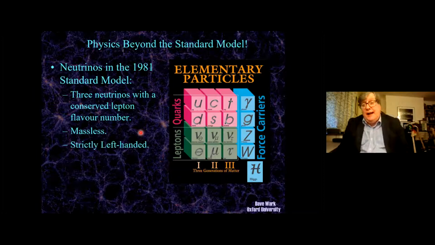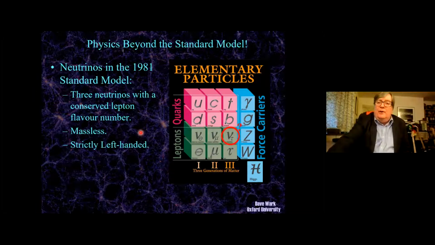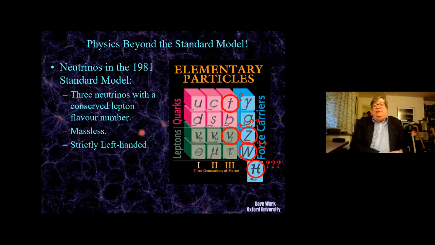Now, in 1981, when this was written down and when I was taking this class, it required a certain eye of faith to believe in all of this, because at that point, no one had ever seen a tau neutrino. Nobody had ever seen a top quark, for that matter. Nobody had ever seen the Z or the W, the gauge bosons of the weak interaction, and certainly no one had ever seen a Higgs. So you might look at this and think we're taking quite a bit on faith, because there's a lot there that's missing.